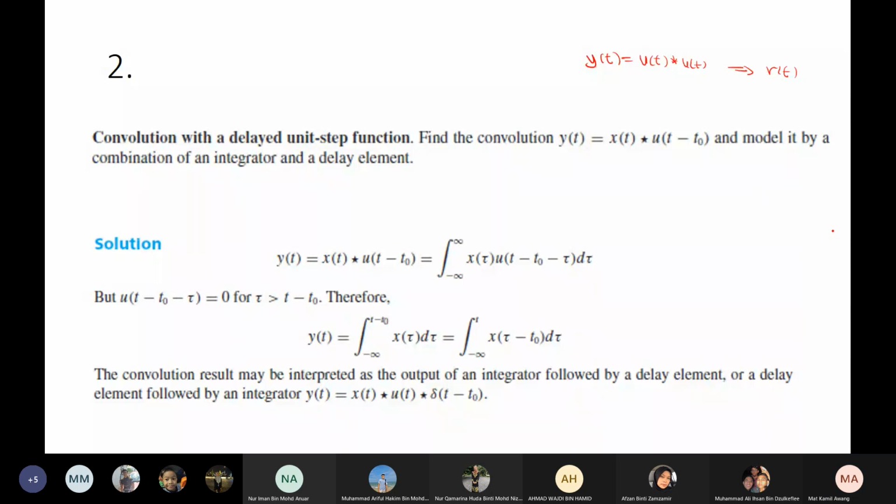Here you need to find y of t where x of t is convolved with a shifted unit step function, a delayed unit step function. So you can write your convolution as the integration from minus infinity to infinity of x of tau u of t minus t naught minus tau,